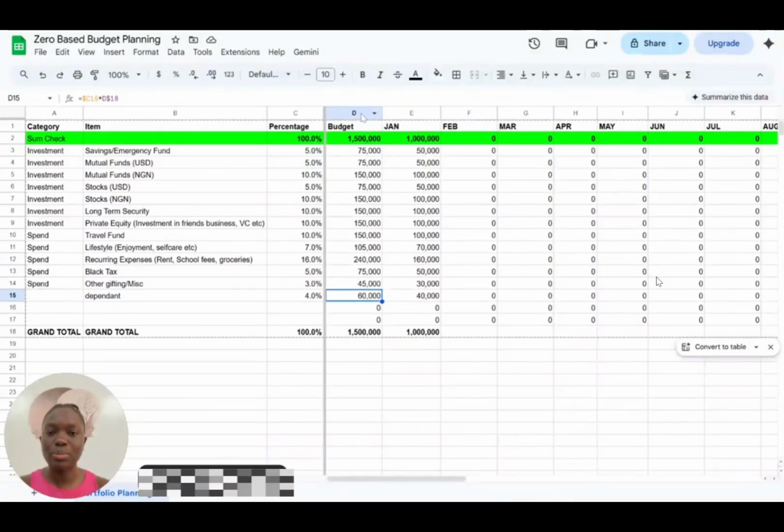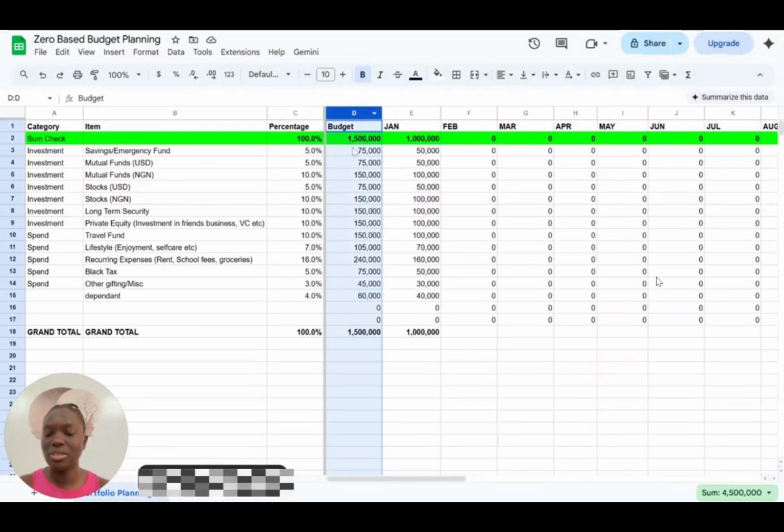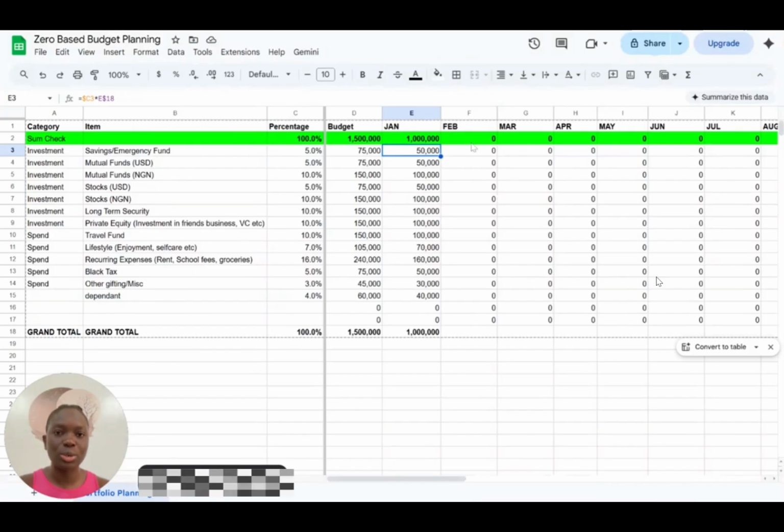So this is the budget, the part that helps you to check. Now you start putting in your actuals. In January, you earned 1 million. You put it here. The moment you put in the 1 million that you earned, it populates and tells you how much you can spend on all of these other things. All of these places have formulas, so you don't need to do anything. The only thing you need to put in is how much you earn.